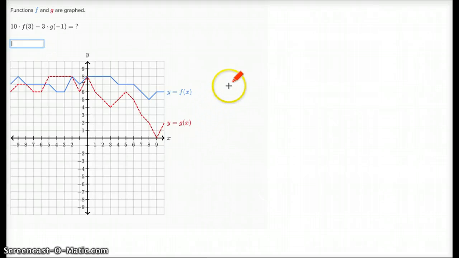Now let's look at another example. Here, again, our f function is y equals f of x in blue, the solid line, and our function g, which is y equals g of x, is our dashed red line here. And so, again, we're filling the gaps in again, so I'll write out our new equation as we go. 10 times f of 3, and so we want to look for f of 3, so we're going to follow